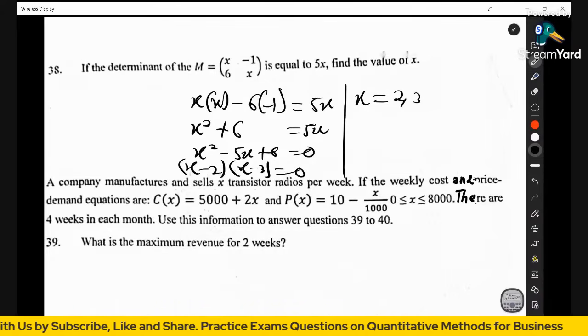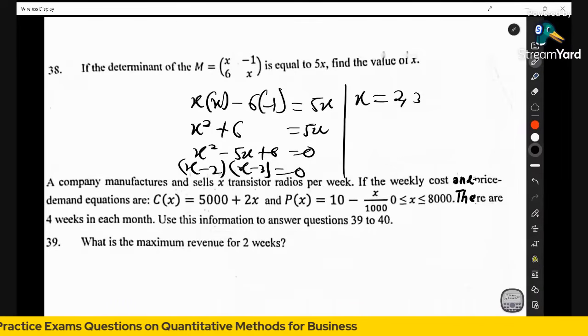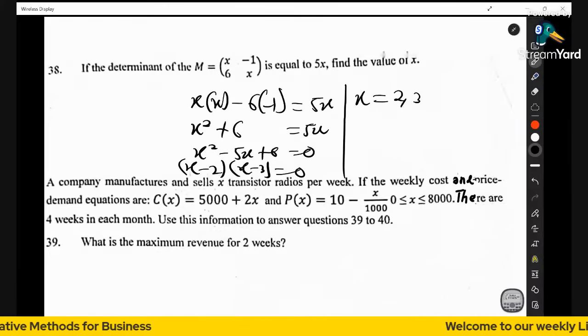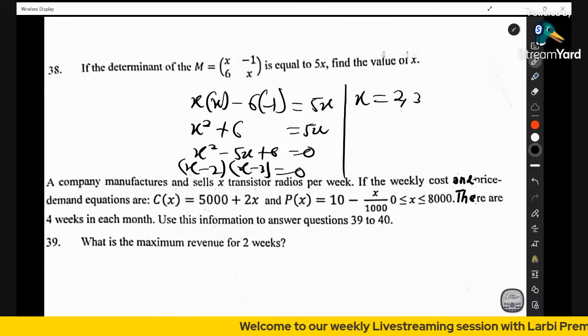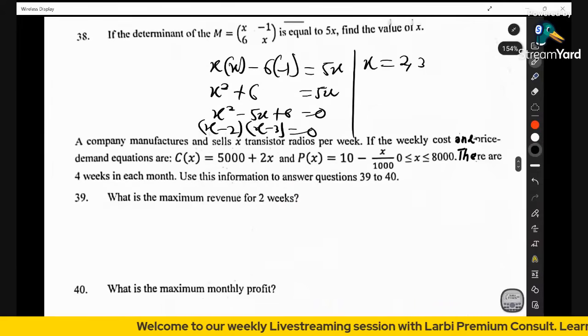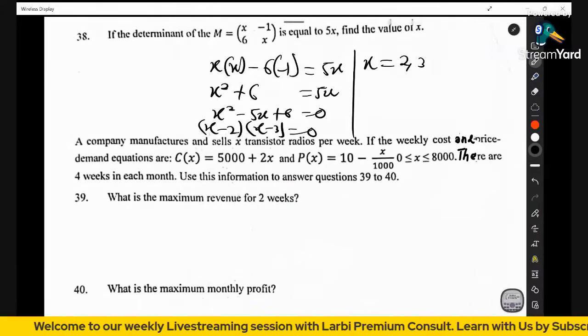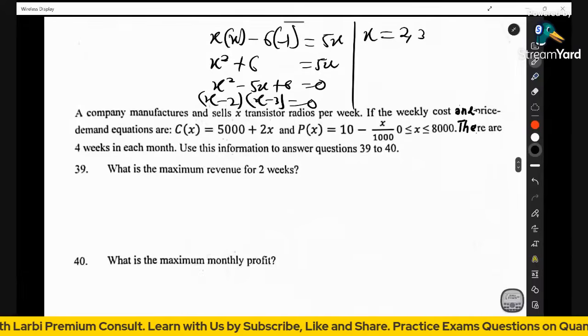Now let's move on to question number 39. Question number 39 says: a company manufactures and sells x transistor radios per week. So very important, per week. If the weekly cost and price